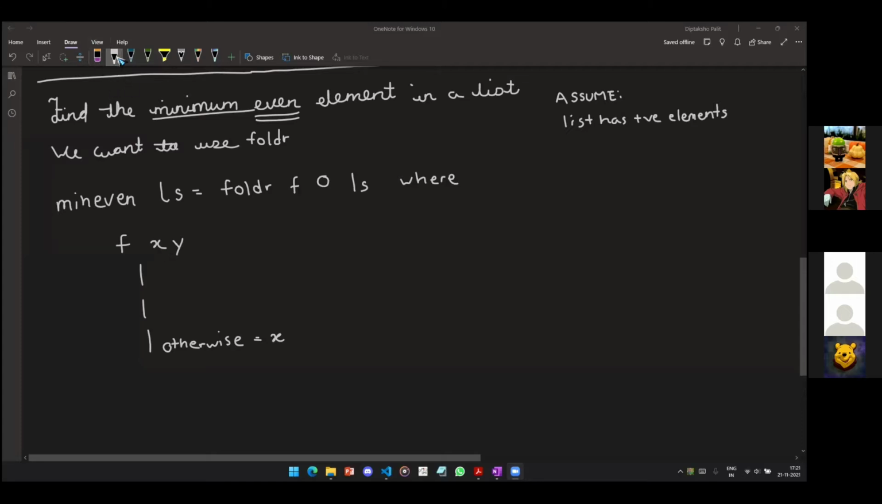Go ahead. What were your other guards? If x is odd and y is even, then we get y, and similarly if x is even and y is odd, we get x, and if both are even, we get the minimum of them. Okay. So that's a very good argument. It actually works. So I will not do the Haskell code, but I will just say,